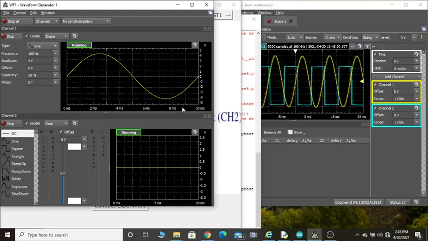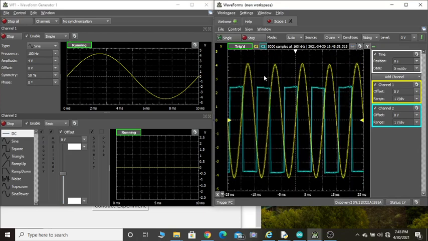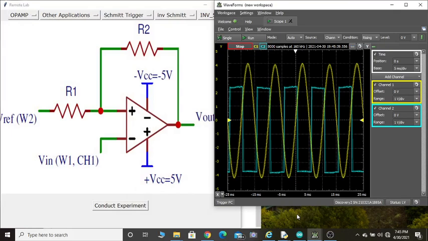Now you can see this is the output waveform we are looking at. I can stop this. So this is the circuit diagram, and we know that the output voltage of Smith trigger is always going to be plus Vsat and minus Vsat, and of course we need to apply an input voltage amplitude so that it crosses VTH and VTL. If you can see, the VTH happens to be somewhere here, maybe around 1.2 or 3 volt, and VTL is also close to that minus value.